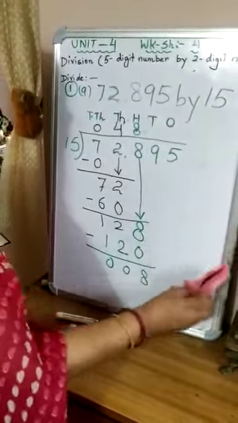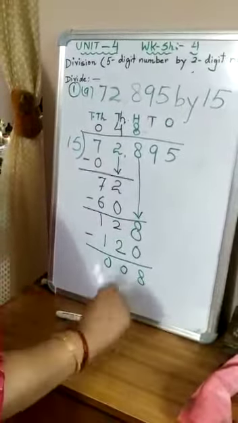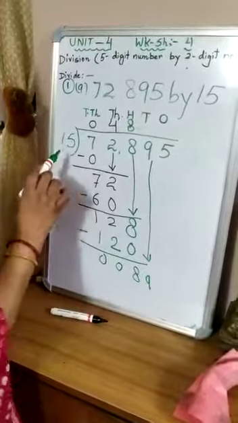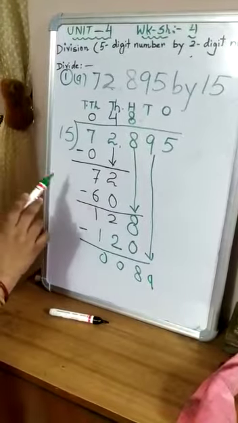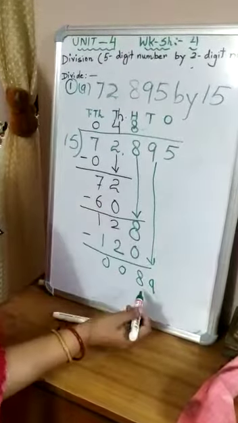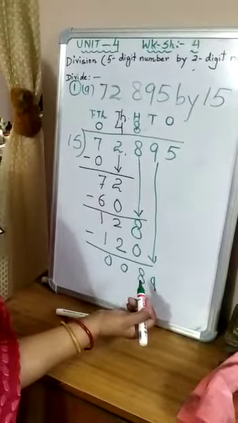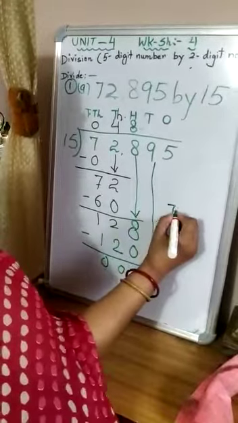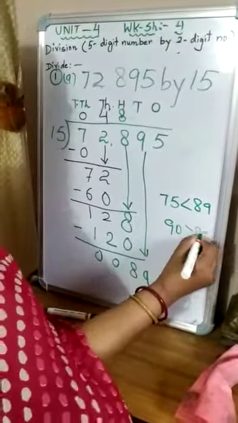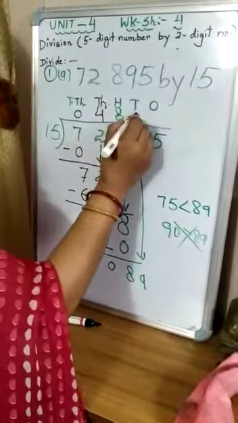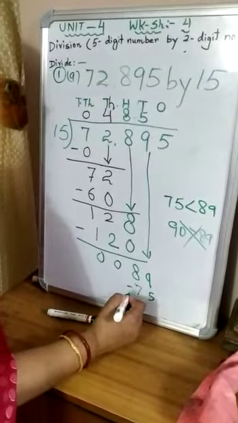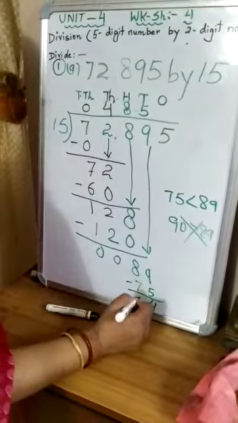The rough part. Now here all of you see. Now I will put down this 9 tens along with 8, making 89 tens. Right. Now 89 tens. We start the table. 15 ones are 15. 15 twos are 30. 15 threes are 45, 15 fours are 60, 15 fives are 75. And 15 sixes are 90. Here we see that 15 fives are 75, which is less than 89, but 15 sixes are 90, which is more than 89. So 15 sixes is not possible. So we will take 15 fives, 75. So we will do subtraction. 9 minus 5 is 4. 8 minus 7 is 1.